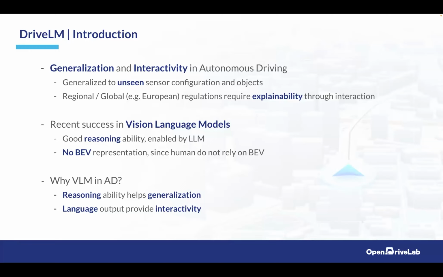Also, some regional or global localization requires some kind of explainability about the system. We think that interacting with humans through language is a kind of explainability for humans to better understand how the driving system works. And also there are some recent successes in the vision language model, like it seems to be very good at reasoning and doing some visual in-context learning. The model itself can understand what it's doing and how to